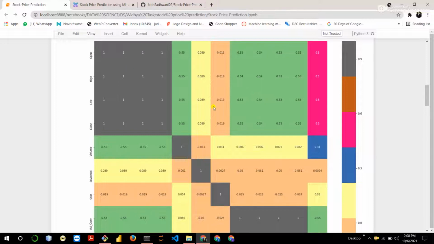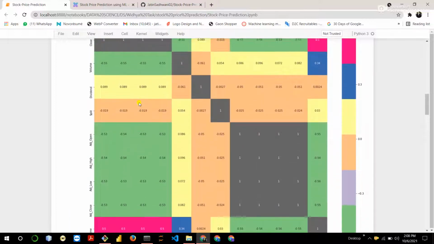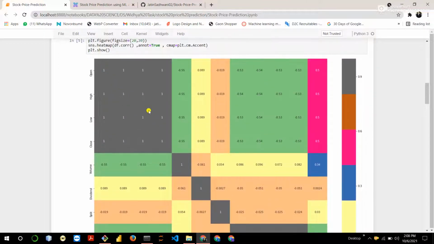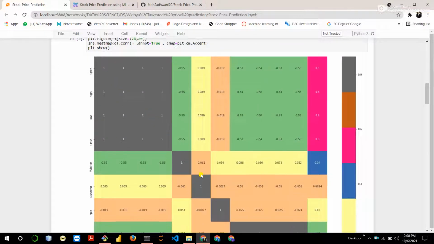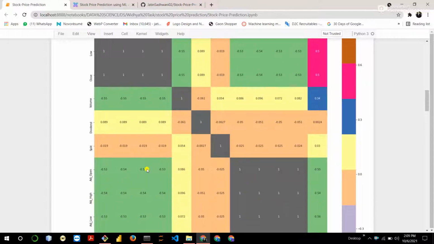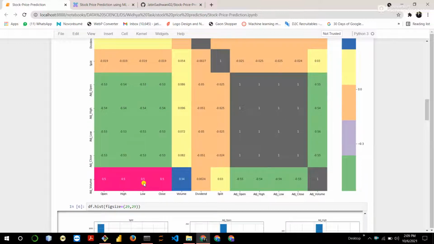You can clearly visualize the correlation using the heatmap function. These 1s are highly correlated. Just ignore this diagonal line and see other values. Here you can see there's a negative correlation, and there's a positive correlation.